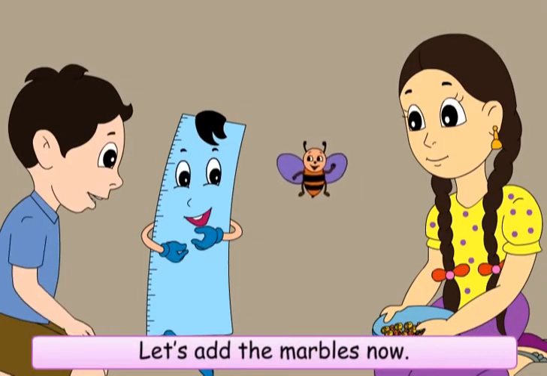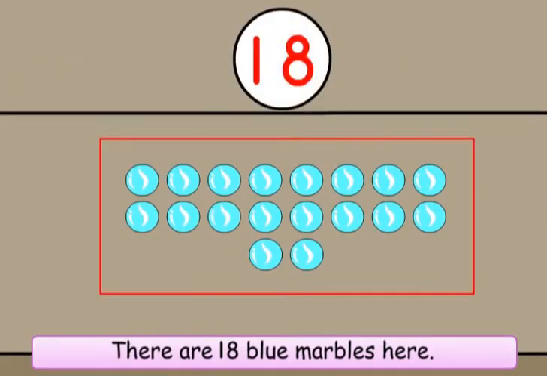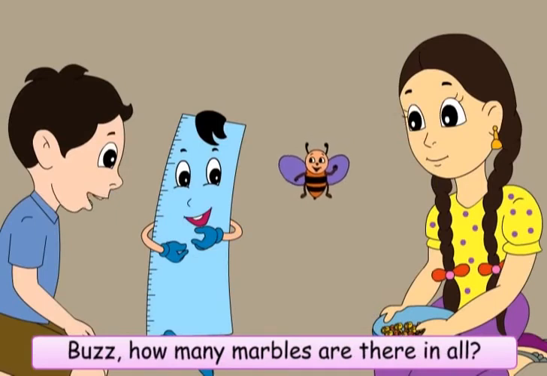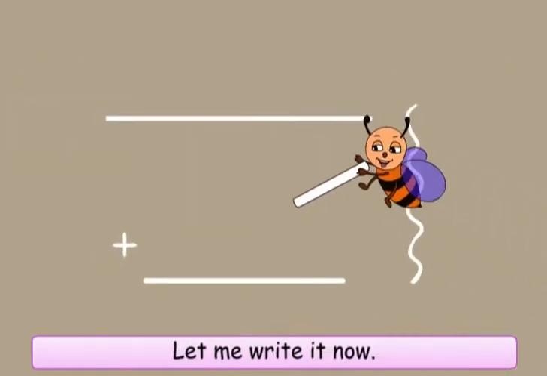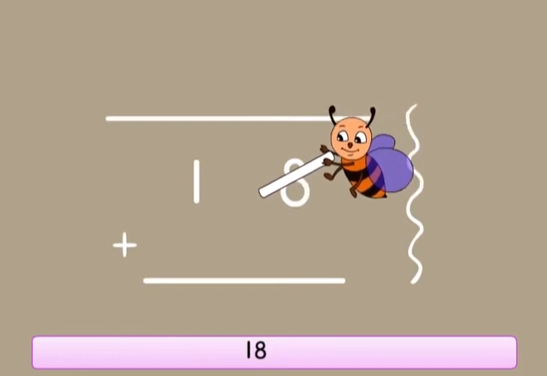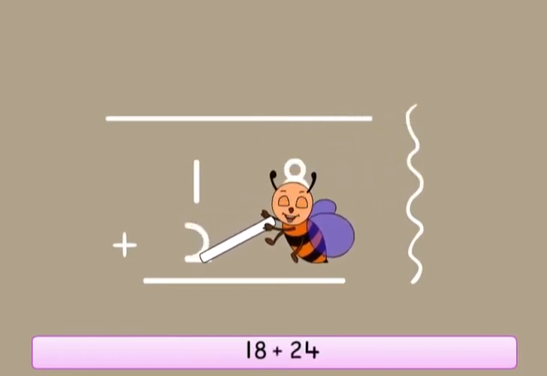Let's add the marbles now. There are 18 blue marbles here. There are 24 yellow marbles here. Buzz, how many marbles are there in all? Let me write it now. 18 plus 24.